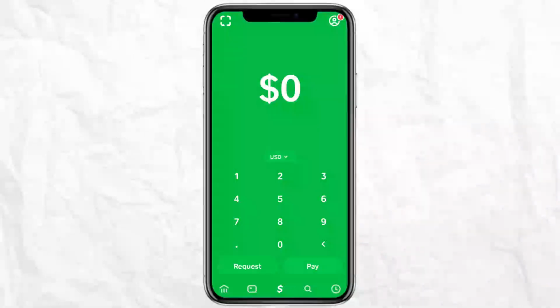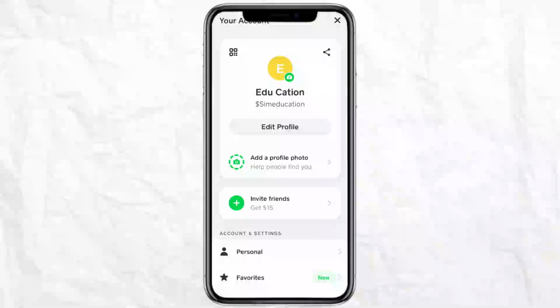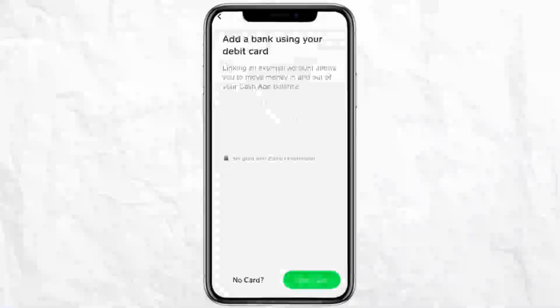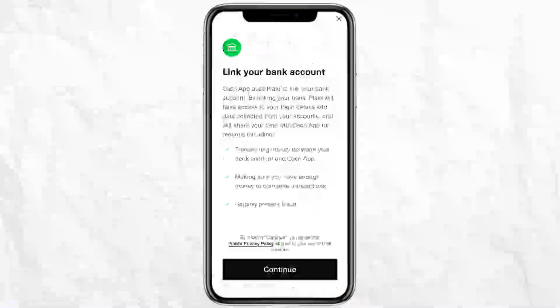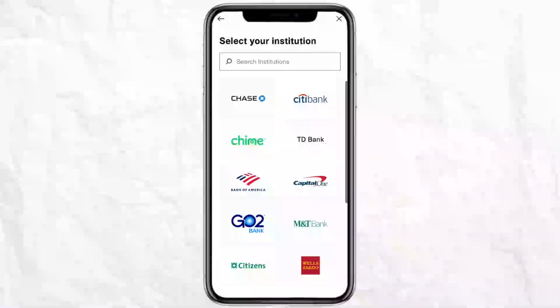icon at the top right corner of your mobile screen. Just click on it, and after that just scroll down a bit until you see this option called linked banks. Just press on linked banks, and after that just click on link debit card, and here you have to select no card. Just press continue, and here you will see the list of institute or bank accounts that you can